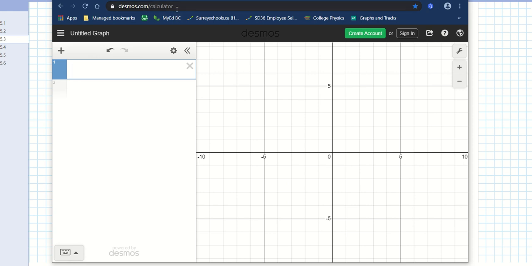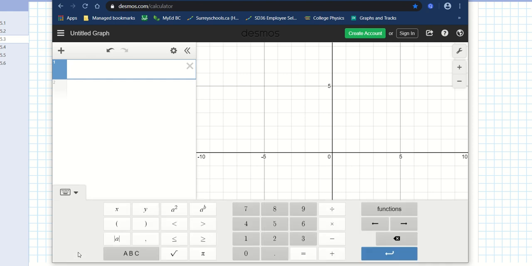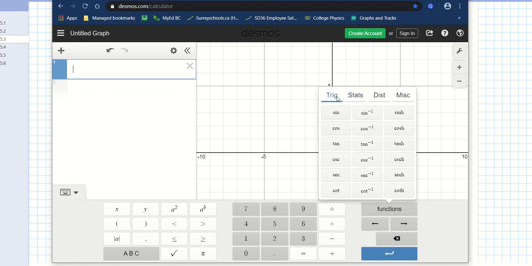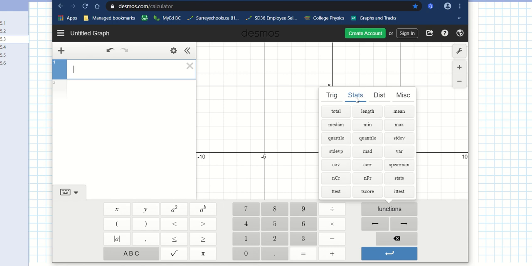So this is the calculator. And you're going to go to the keyboard down here. You're going to click Show Keyboard, and then you're going to see there's an option for functions. You're going to click on functions, and it might first show trigonometry, but you're going to click on statistics, so stats, and you're going to look for the button that says standard deviation P. So there's two of them,